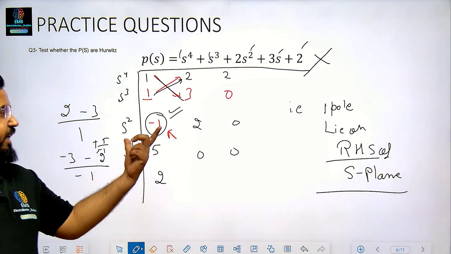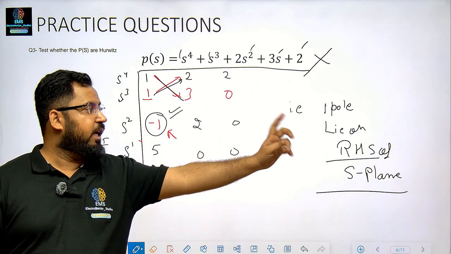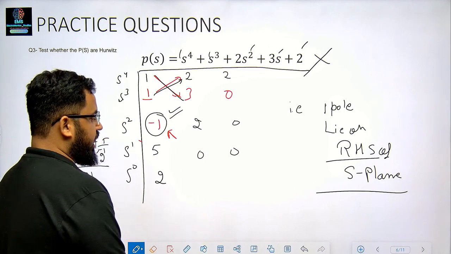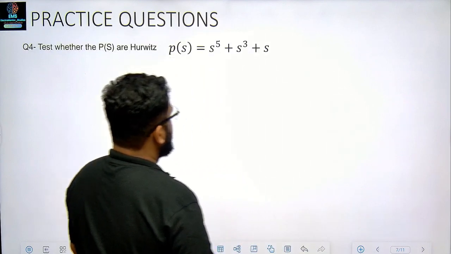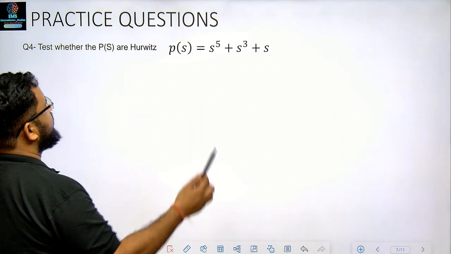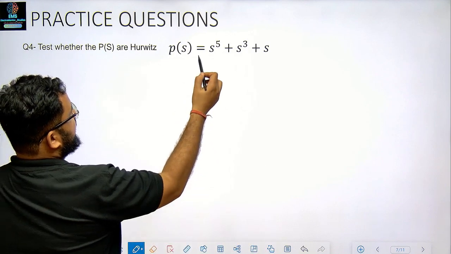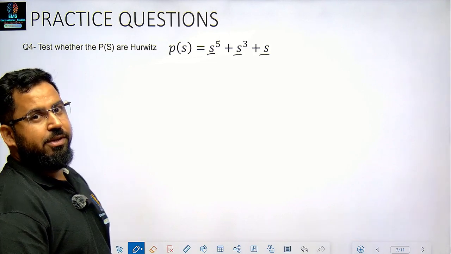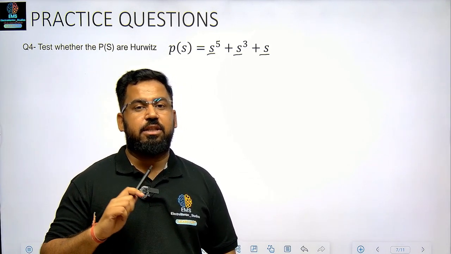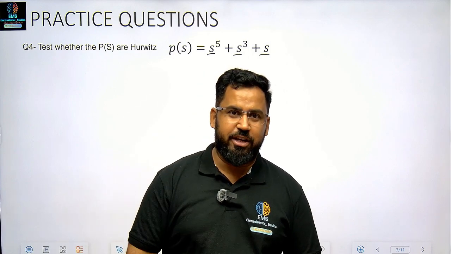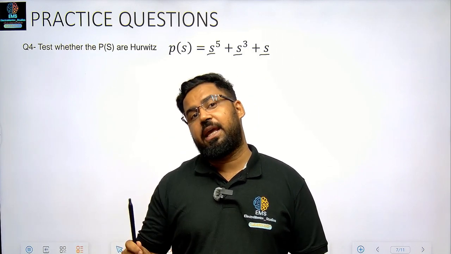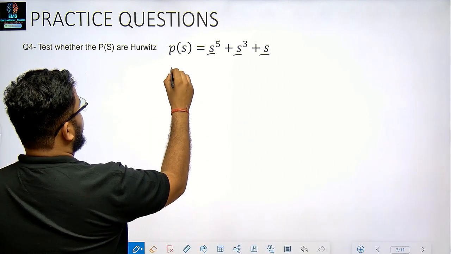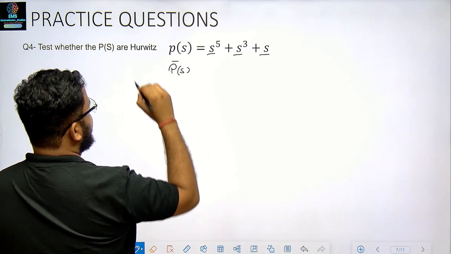Okay, so negative sign means one pole will lie on the right hand side of the S plane. That means my system is unstable. Hence, it is not a Hurwitz polynomial. Moving ahead. Now we have got the property again. Now the property kicks in that there is no even term. So we told you if either there are all odd terms or all even terms, that polynomial may be a Hurwitz polynomial. So for solving this, we need to calculate P dash S,